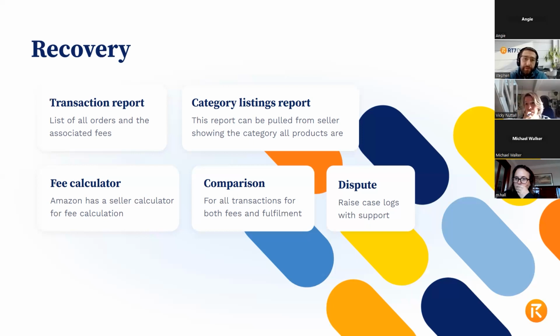Best practice for this is once you've found the discrepancies in the amounts, create a spreadsheet that has each of the transactions and the amount that you've been overbilled. Put that as just a consolidated list. Make Amazon's life easy with this, because unless you do, they just won't do it. That's the unfortunate reality of it. And with the messaging, just be very clear: based on my calculations, our rates should have been X. They've been misapplied. Please reimburse us for this amount. And that, again, will probably take 1 to 2 months for them to actually go through and do this. They are never quick on these levels of recovery.